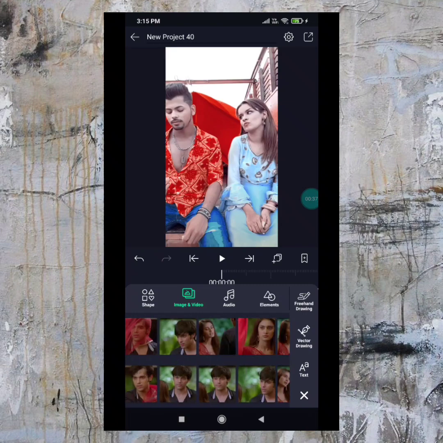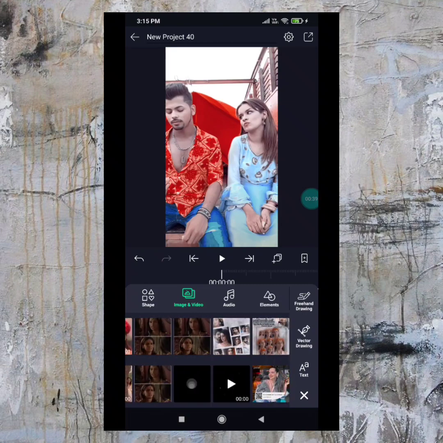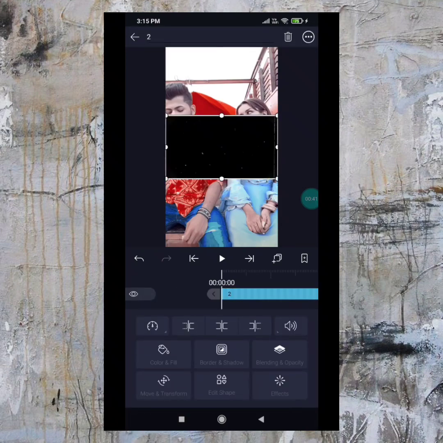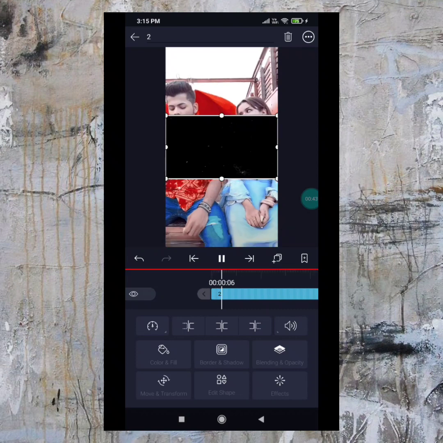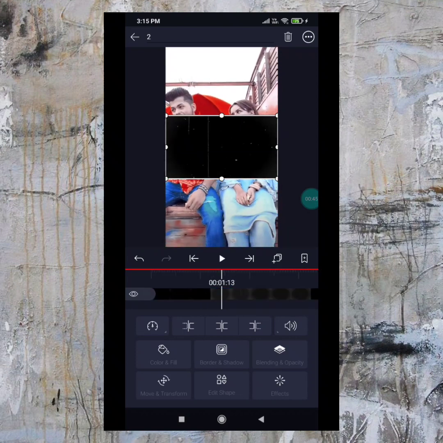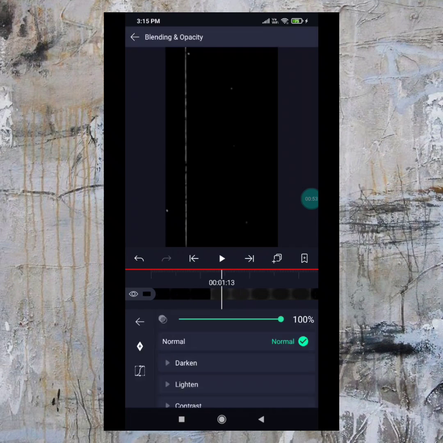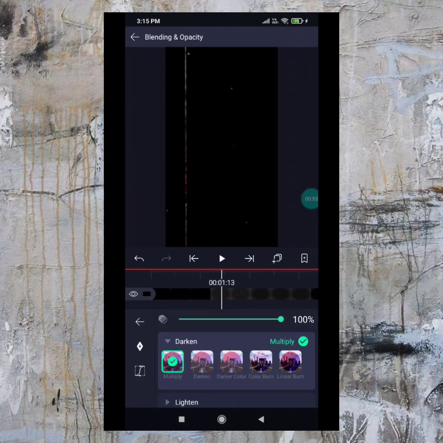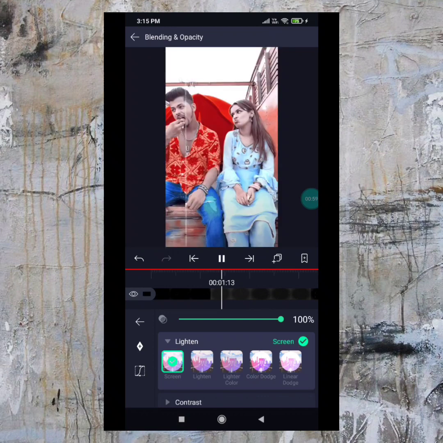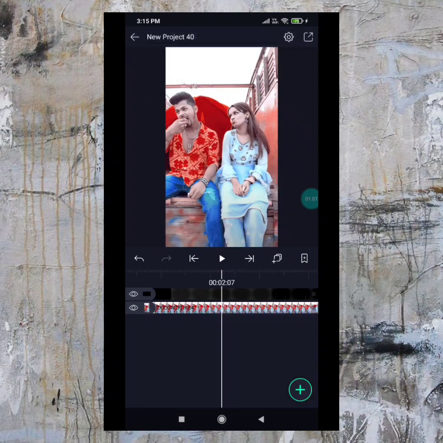I was having an overlay video. Yeah, here is the overlay video. You can see it's a black thing, so just adjust it according to your video, and then blending and opacity, then darken, lighten and screen, and it's done.